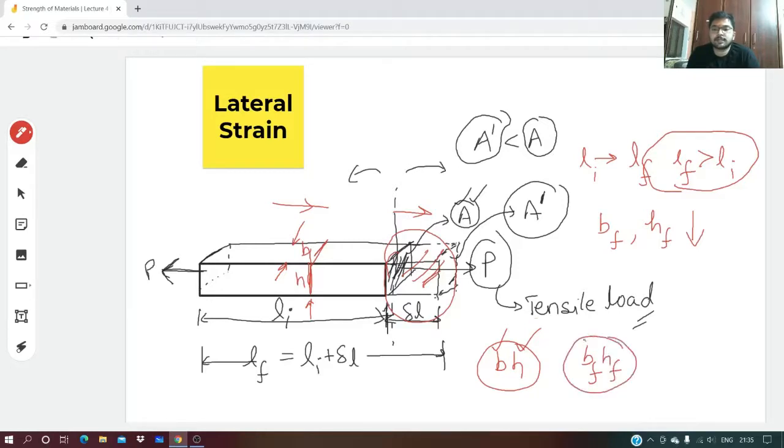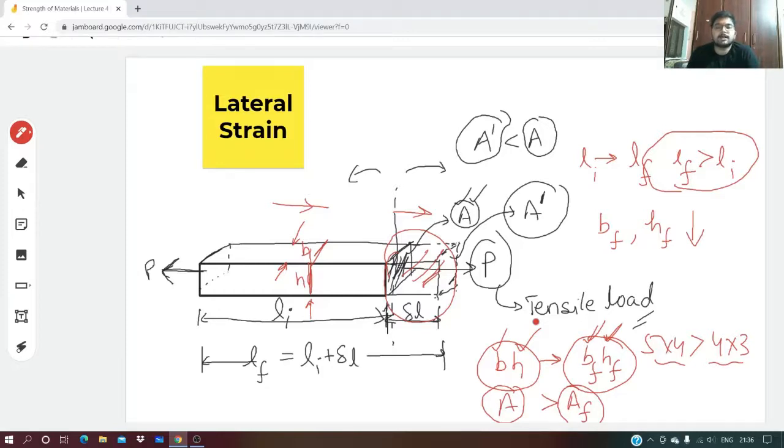When B and H are both smaller, what is happening? The original area is greater than the final area or A dash, because this is also small, this is also small. 5 into 4 is obviously greater than 4 into 3, right? Just for example, I'm showing you that something like this is happening. That much variation will not be there anyhow, but to make you understand, I'm just showing that. So the original area will be greater than the final area,